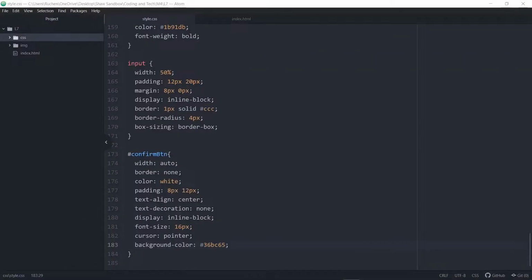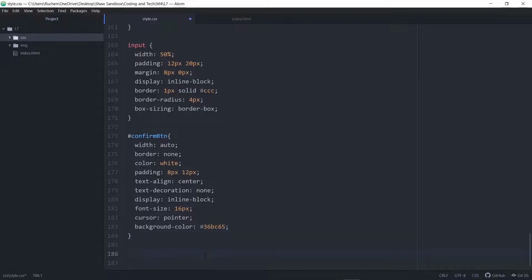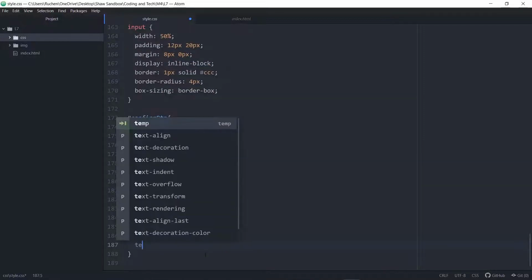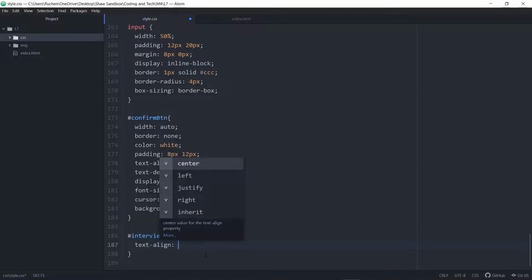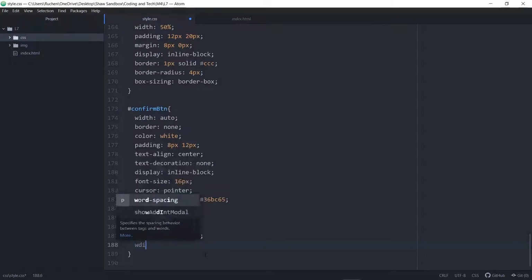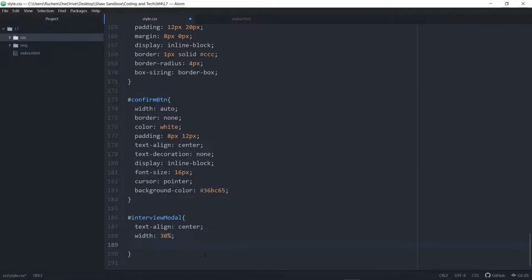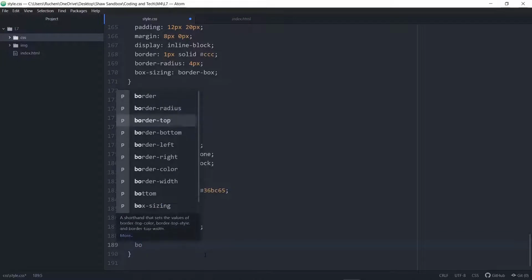Let's work on our interview modal. So this is a separate modal. Remember, our system specifically has two different types of modals. One to add an employee and one to schedule an interview. So I'll be working on the interview modal here. I'll say interview modal, and then I will say text align center this. I'll give this a width, and I will specify 30% of the viewport. The border style,